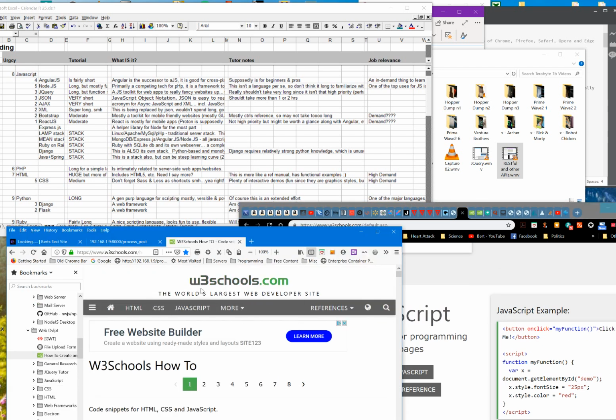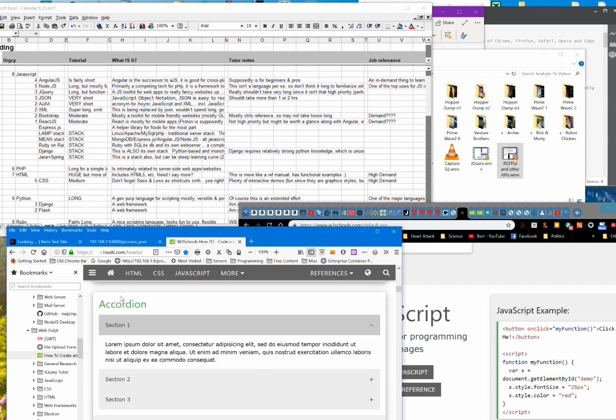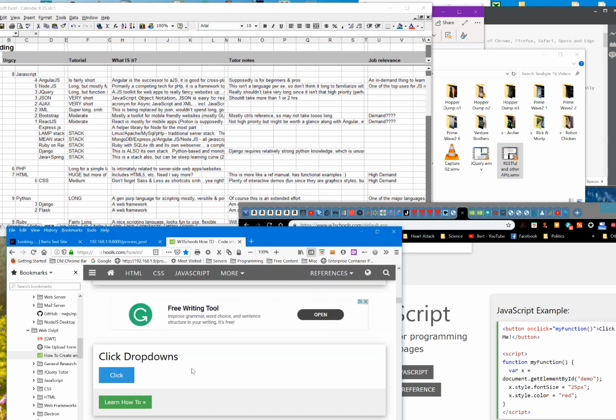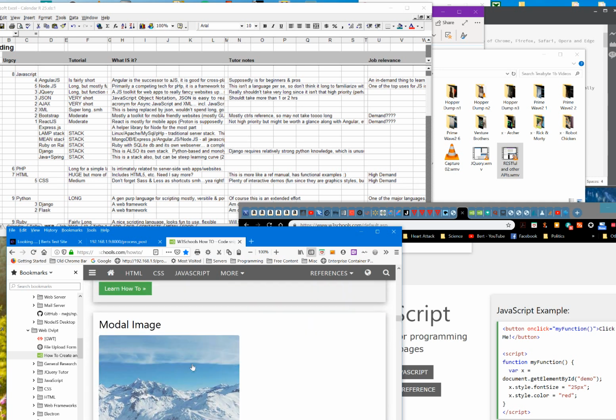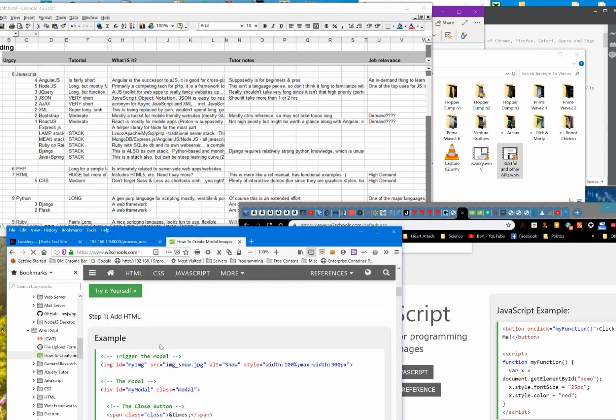Yeah, this is it. It's at W3 Schools how to. I don't know where exactly I found it, but it's kind of cool because you go through here and it just shows you all this. It's like a smorgasbord. It shows these little things like a login form or accordion. So here you got accordions and so forth, and there's just all these different little methods that are all pretty much HTML, and you can click on one of them, and basically it goes in here,